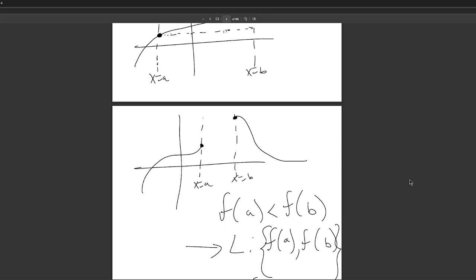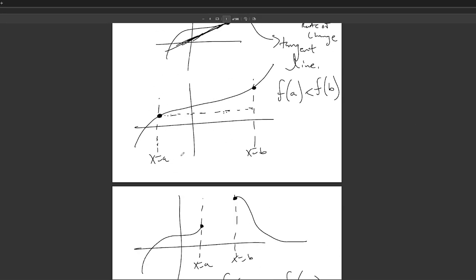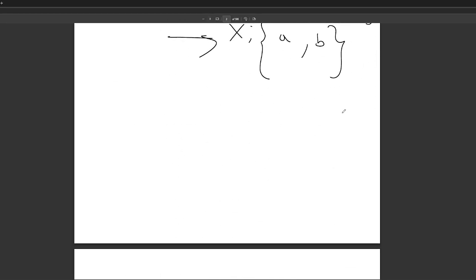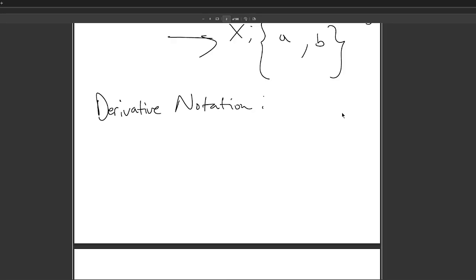Okay, so that was sort of a quick review of what we did last time. Now I just want to get some notation straightened out. So derivative. The derivative notation, there are many different ways you can write the same thing. One of the most common ways you see in math, there's actually two, is the Leibniz